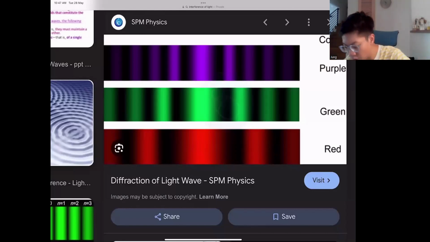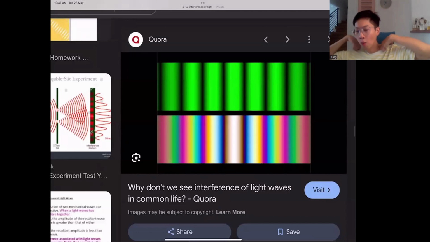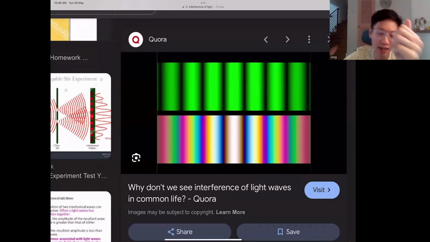Okay. Now, but we look at this one first. Now, if you use white light, you will actually form a rainbow pattern. We don't usually call it a rainbow pattern. We'll just say that you will form like 7 different types of colors. Why? Because white light consists of 7 different colors, which is the red, orange, yellow, green, blue, indigo, violet,